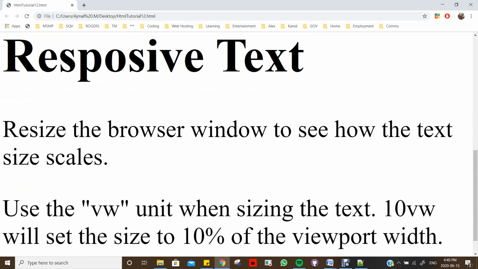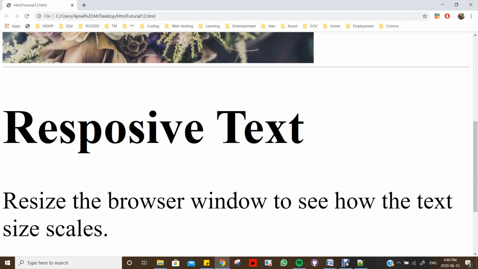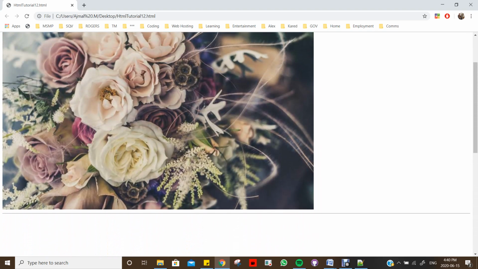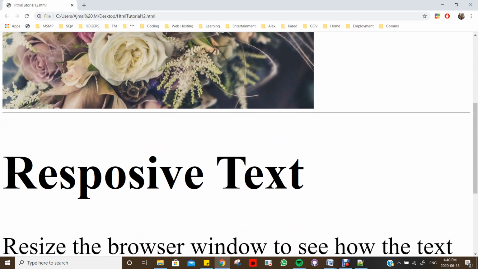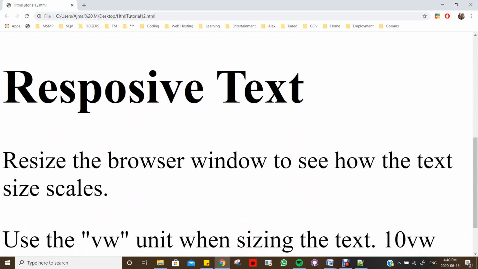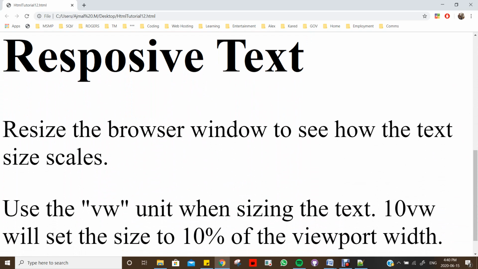So that's all I wanted to show you guys today: how to manipulate the size of your picture and also switch in between 3 different pictures, as well as changing the size of your text. So that concludes our tutorial for today,